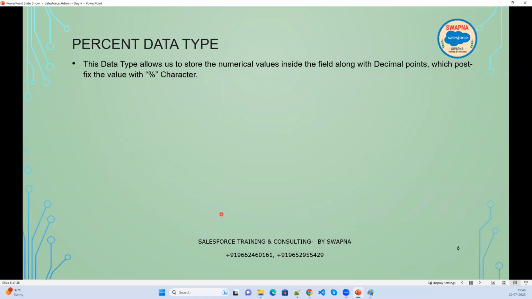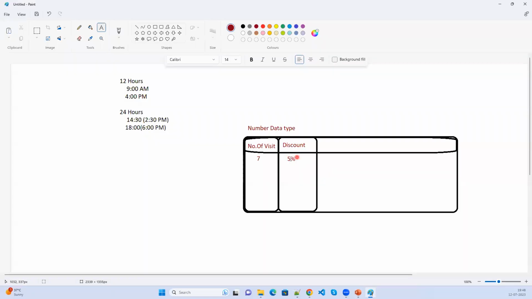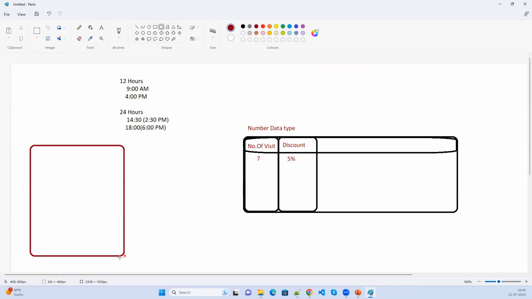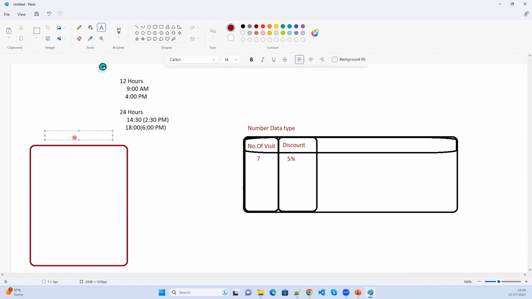So this data type allows us to store numerical values inside the field. Right? You need not specify the percentage sign while creating the field. You just need to enter the number. For example, this is a UI. So in this UI,